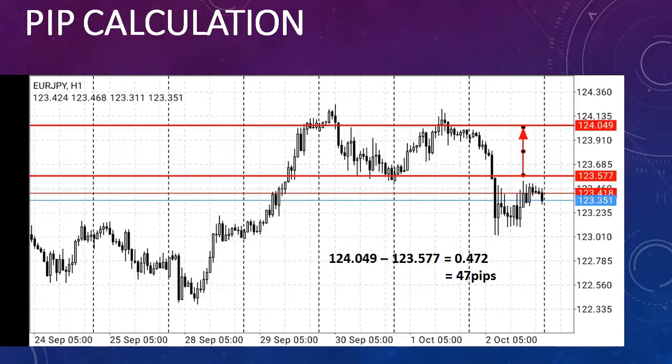Now we have EURJPY. The EURJPY calculation here is the same thing, but in this case we are considering the second number after the decimal point. So let's say the market moved from 123.577, this very price, and moved to this other price, which is 124.049. In this movement you can just subtract the two values, and what you have in this case is